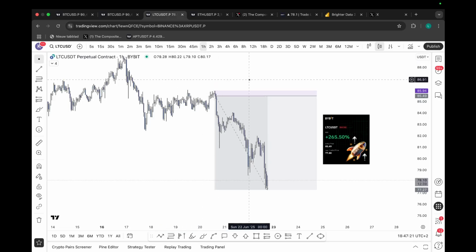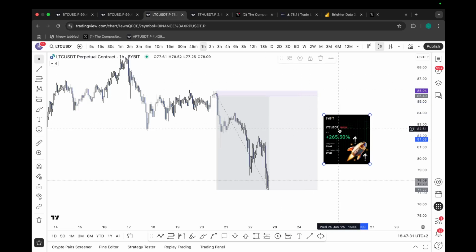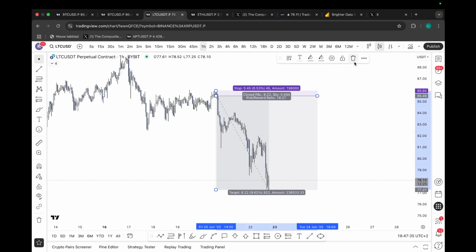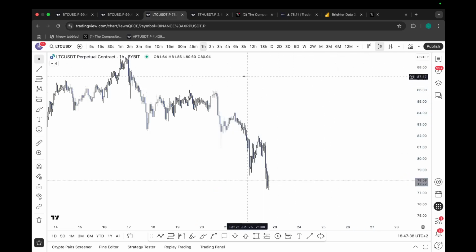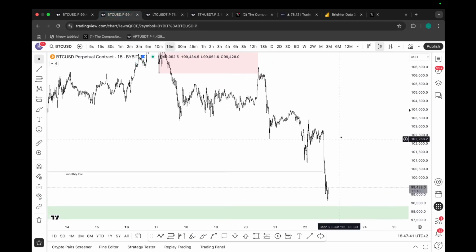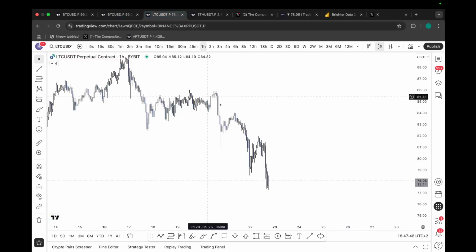So it was absolutely amazing that we managed to still position ourselves to benefit off that move down, because that also brings us in a very comfortable position going forward if we want to start looking for high time frame accumulations later on, because we can simply be hedging. So I'm going to dive deep into the technical aspect behind this trade, and we're kind of going to combine it with Bitcoin right here, because we did use the context on Bitcoin to validate the short on Litecoin.